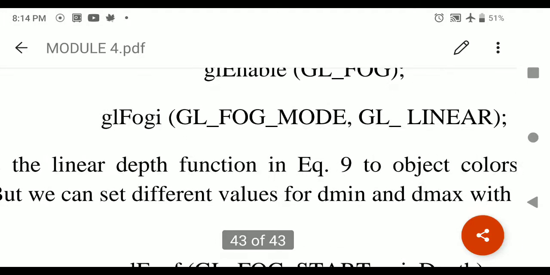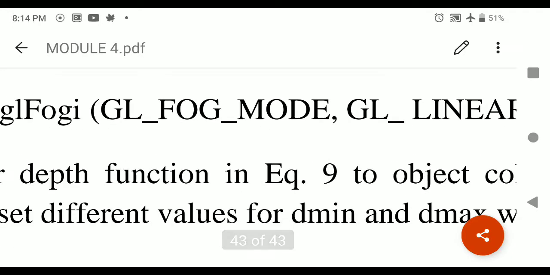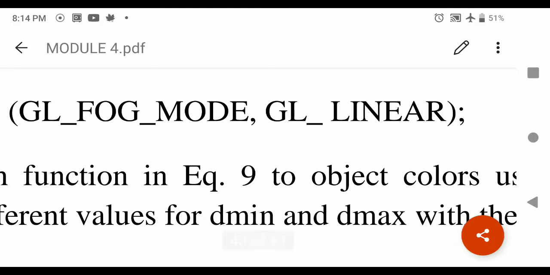In this case the glFogi method is used to represent how I want to project the object and in which orientation. So for orientation, in this case I am telling GL_LINEAR. So linear is about the Z axis, the X and Y plane is used to project the object on the monitor. The Z axis is used to filter between the depth values of an object.